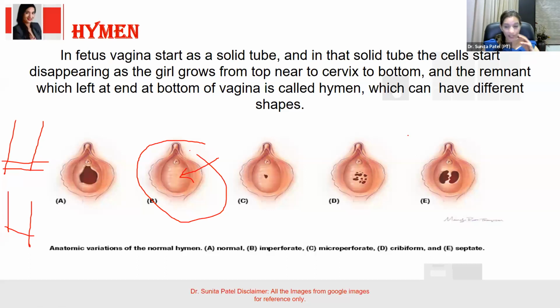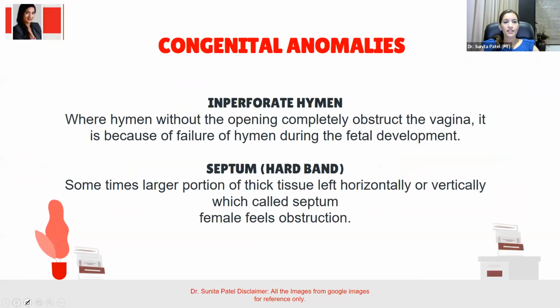Sometimes a female has a big septum tissue, which does not dissolve with the effect of estrogen. So a tissue layer is present. It can be a transverse or longitudinal layer, which separates the opening into two parts. In those kinds of vaginas, penetration will be very, very difficult, because the tissues are very thick, and we call it